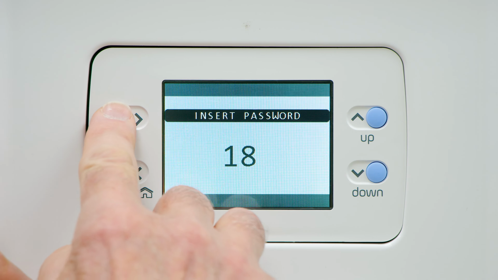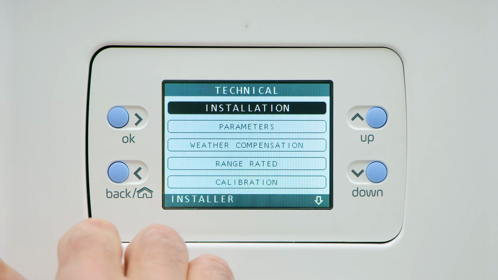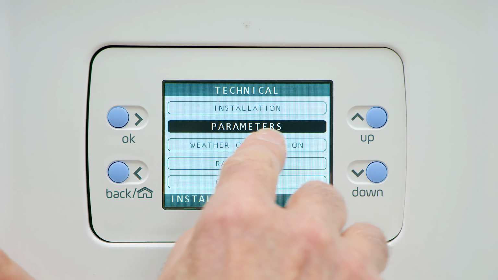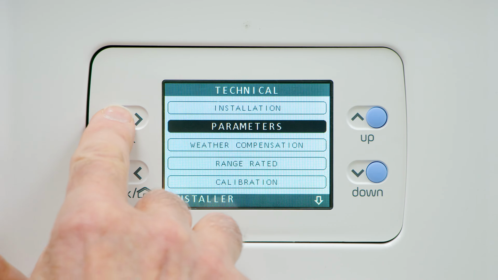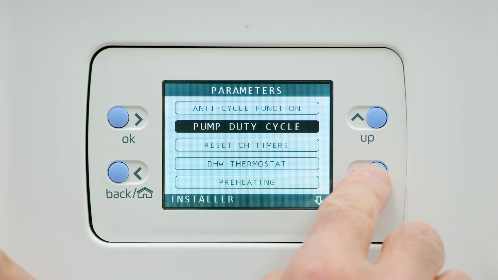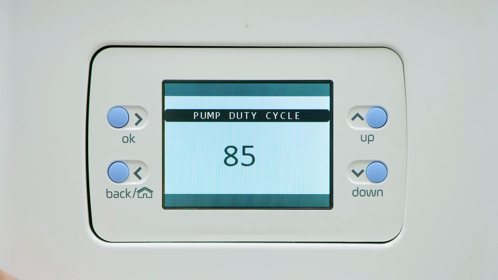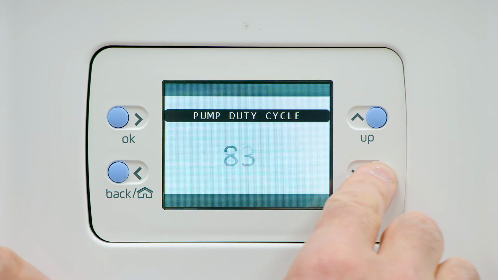Press OK to enter. We now have a technical menu. Enter. We now need to look into parameters. Enter. Pump duty cycle is the second option. Enter. Default as delivered is 85, so the boiler would operate around 80, the pump would operate around 85% of its output. We want a delta T of 20, so we simply reduce that figure